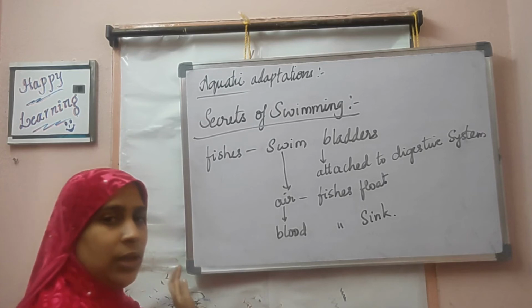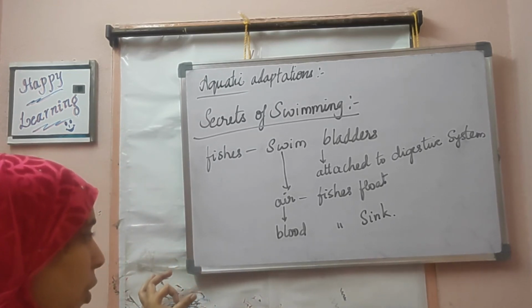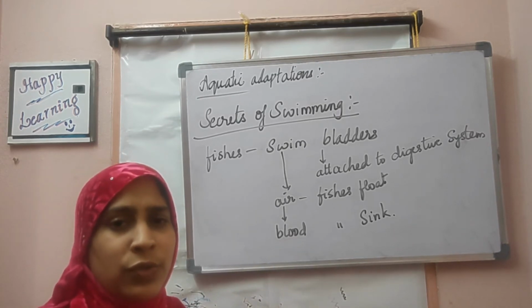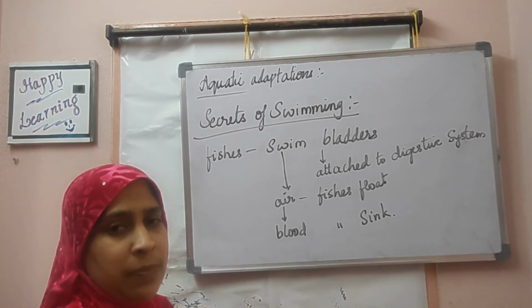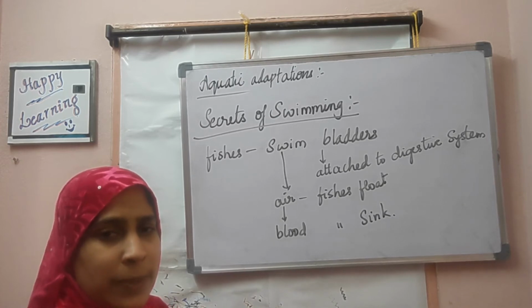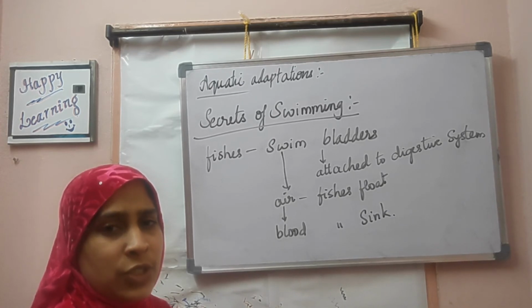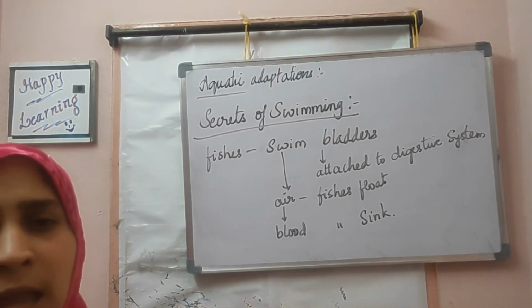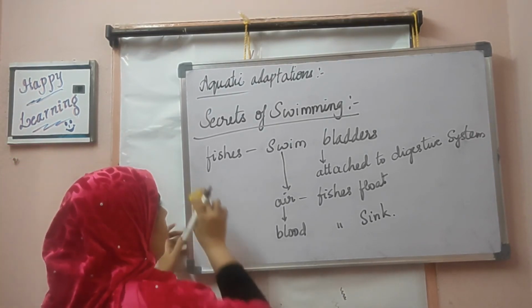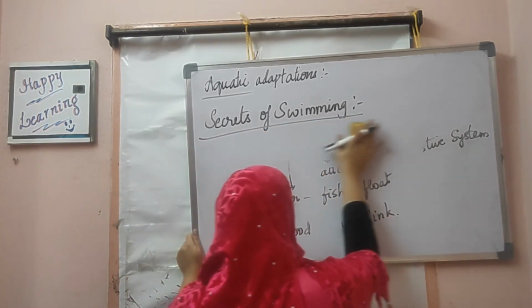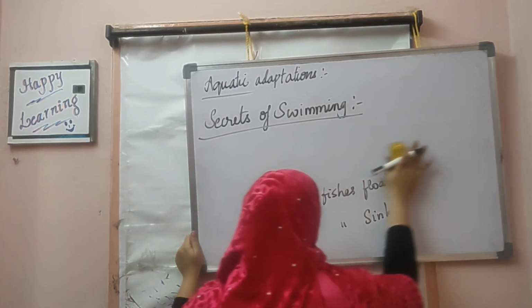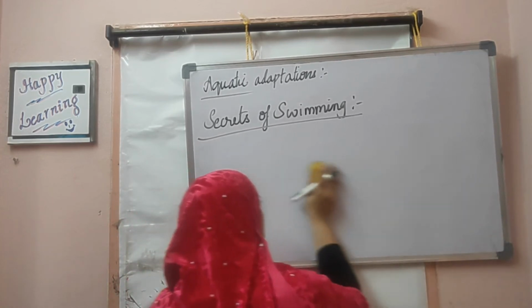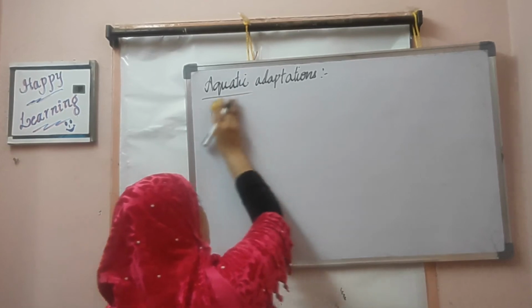Okay. When the air is in blood, the pressure inside the body of the fish and the pressure outside will be the same. So even if it goes into deeper layers, there is no problem for the fish. Okay. So this is how the fishes swim. Apart from swimming adaptations, there are also temperature adaptations that are seen in these aquatic organisms. Sea or ocean is a deep layer of water. Even some of the river waters are also very deep.